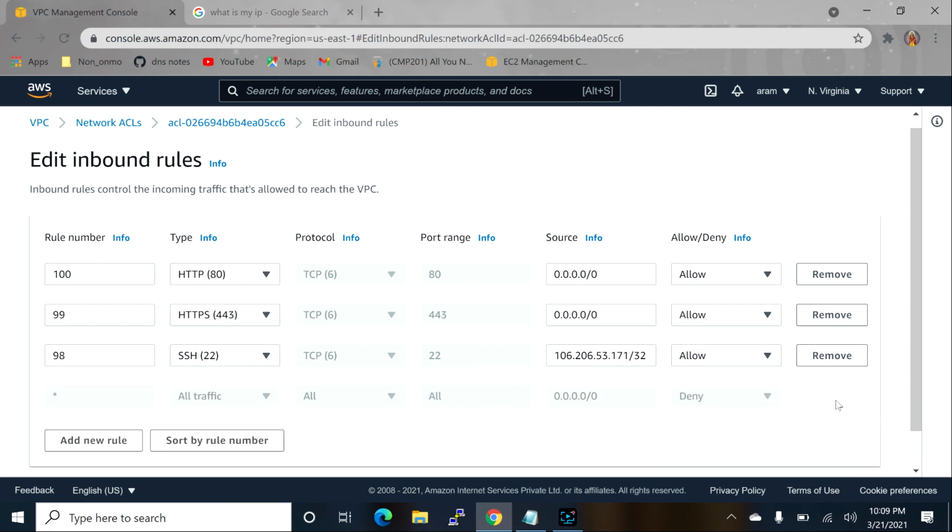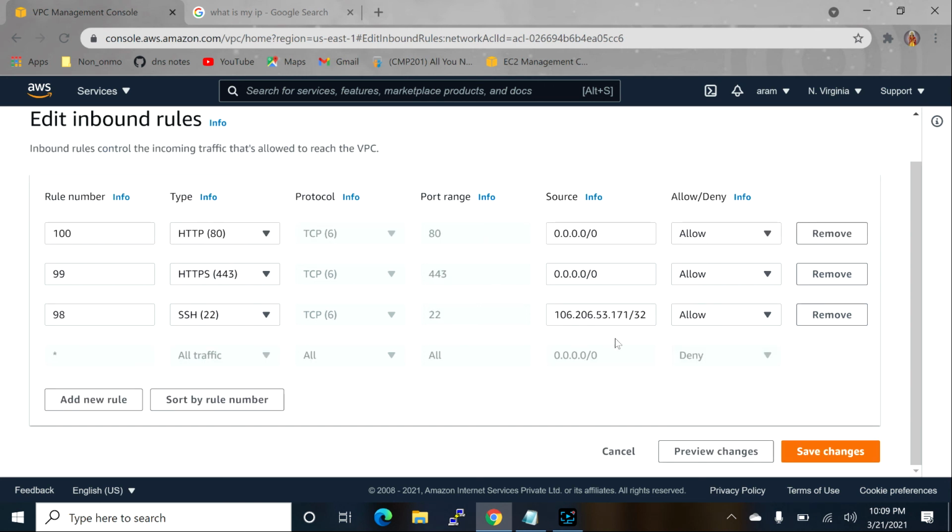So remove it this way. Actually, you have to give the rules like this. Even if you want to deny any particular network, you can give it, but anyhow other than that everything else is denied. Suppose I am connecting from another public network, it will check and we are not allowing it, so definitely it won't connect. So this is very important in NACL.